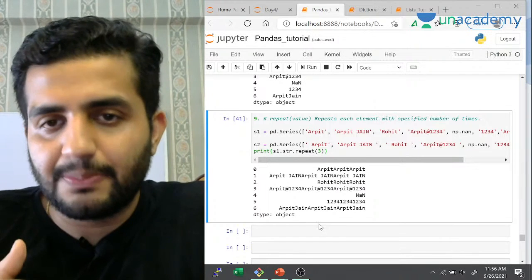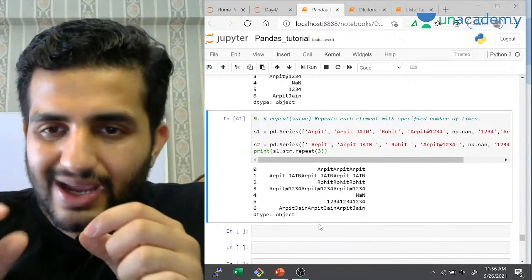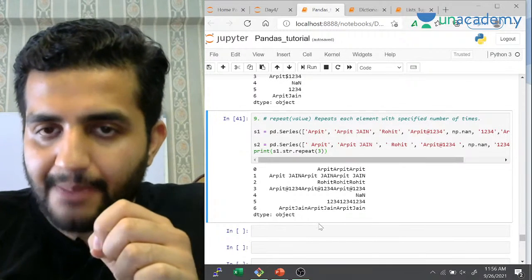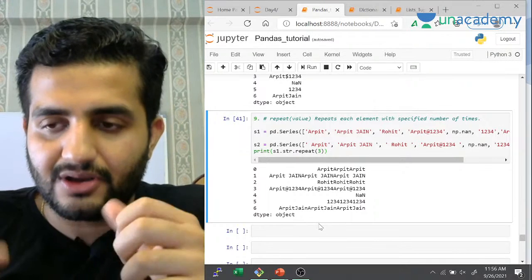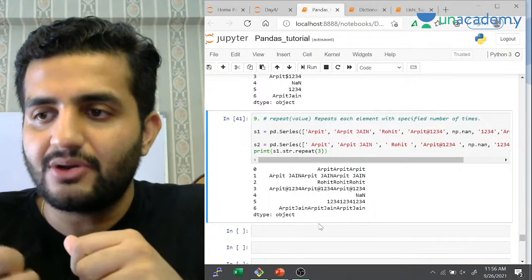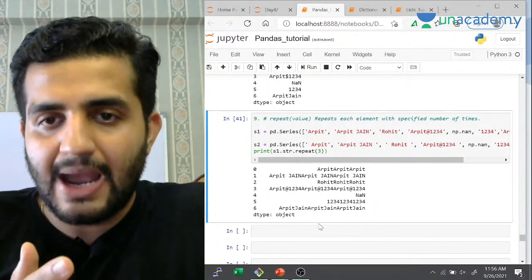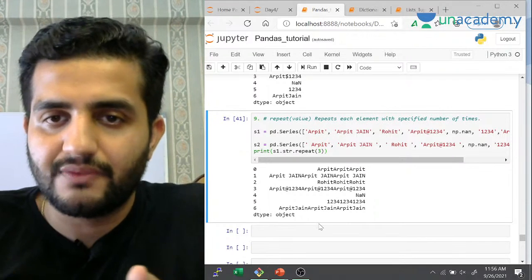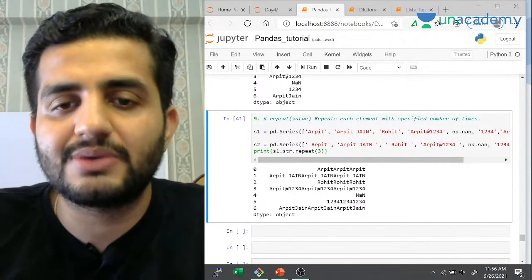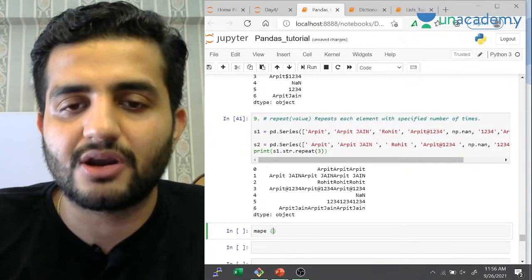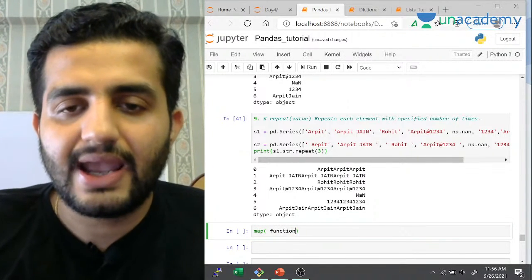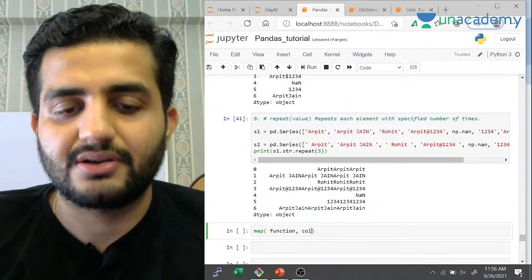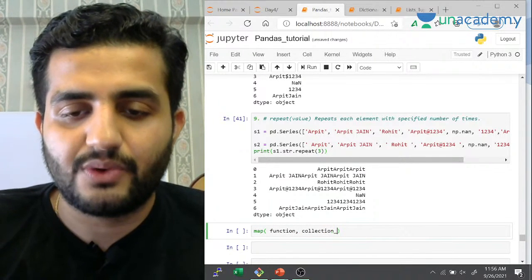So if we simply use replace, right? So replace it'll do element-wise operation again, and map क्या करता है? It'll do an iteration. Comparatively, if we talk about computation speed, Shubham, it'll always be faster. So if you use map on top of your replace, it'll always work. Map क्या? Map again 2 arguments expect करता है. Map expects 2 arguments, right? So it expects your function and it expects your collection object, right? This is what it expects.